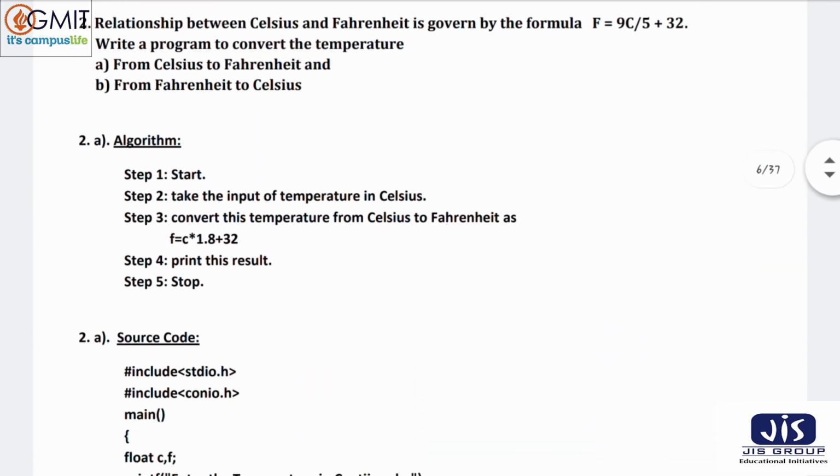Suppose number 2, you have to write the question again, that is, the relationship between Celsius and Fahrenheit is governed by this formula, and write a program to convert the temperature from Celsius to Fahrenheit and from Fahrenheit to Celsius. Then you can see here I have written the algorithm, which is a very good practice,